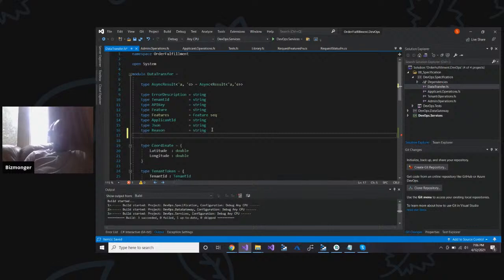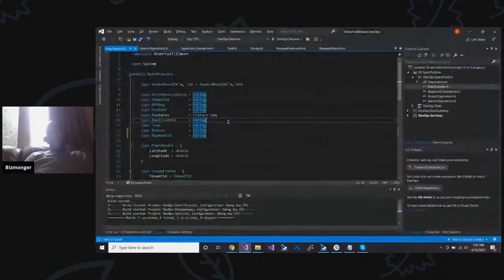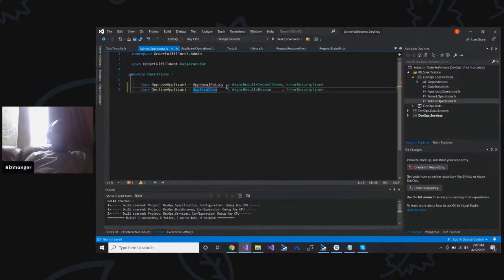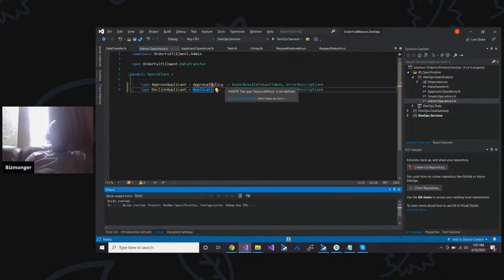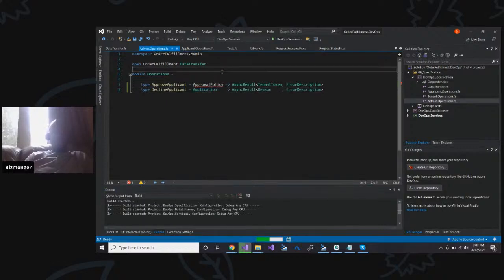So we say type payment ID equal string. Approval policy. So to approve an applicant, you need an approval policy,